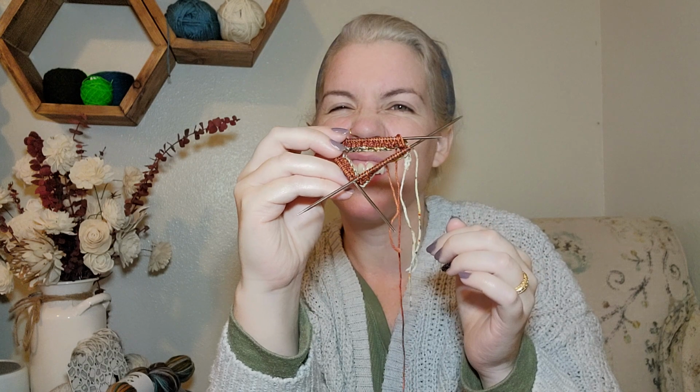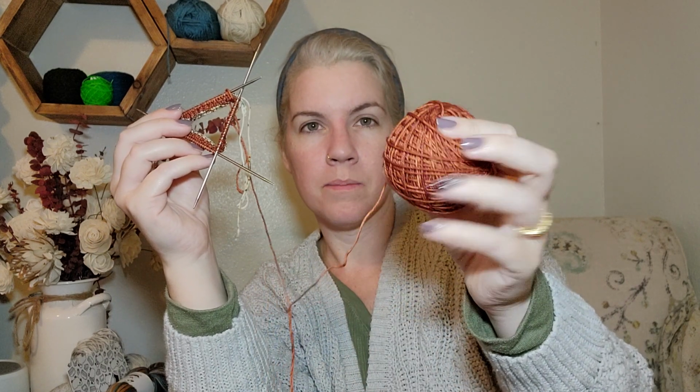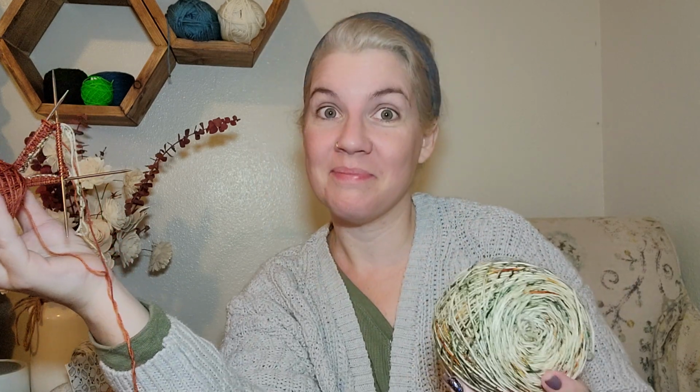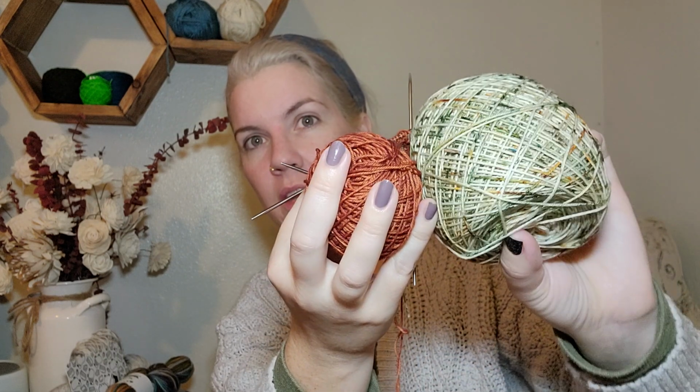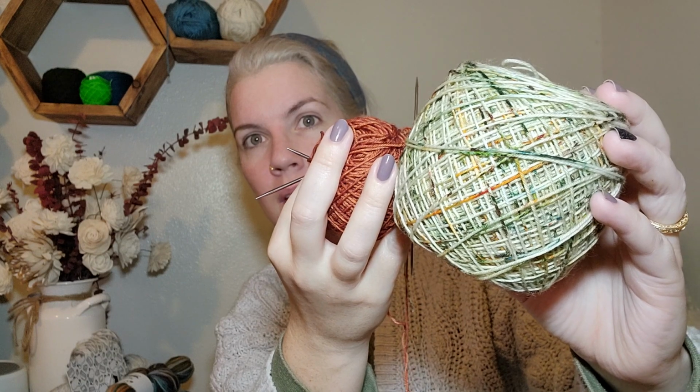Next is my test knit for Katie Anders Knits. I've barely started on it, but look at that. It's so cute. Ah, it's so good. This is the sock set from Amber Waves Fiber. Sorry, the only editing software that I have available is my phone, and I can pause it and I can start it, and that's all. So that's it. This is the Amber Waves of Fiber Pair Caravel colorway. Isn't that just yummy? And the test knit is for Katie Anders Knits